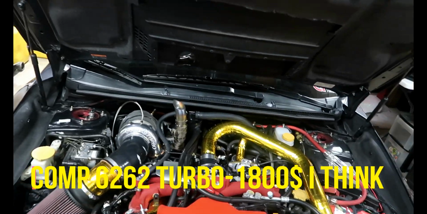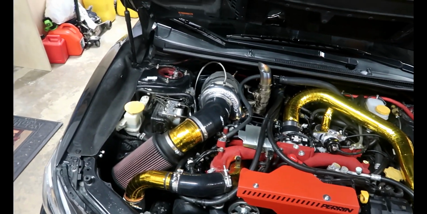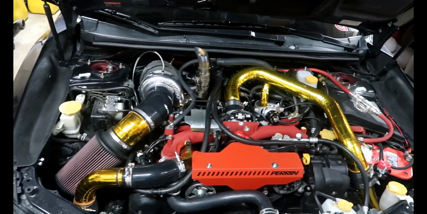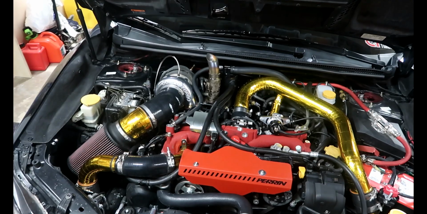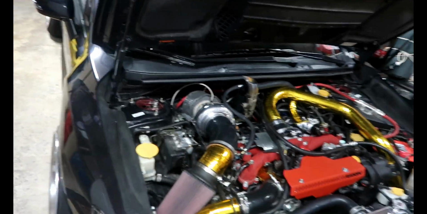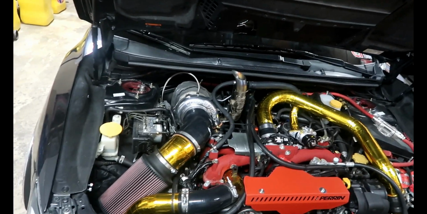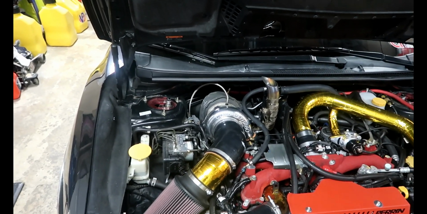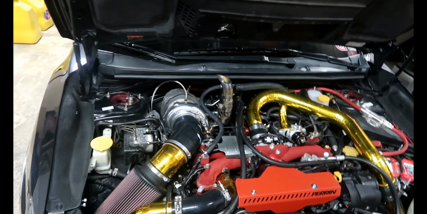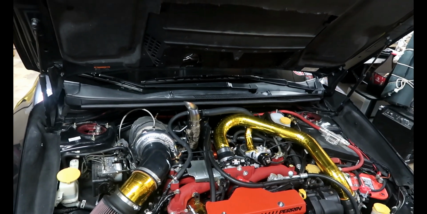Like I said, all these prices are just based off the web. I'm not gonna disclose my pricing because it doesn't really matter to any of you guys, unless you get sponsored, then you'll get your own pricing. But anyways, turbo 1800, like I said, it's a comp turbo, 6262 turbo. What's it called? Also the rotated kit,